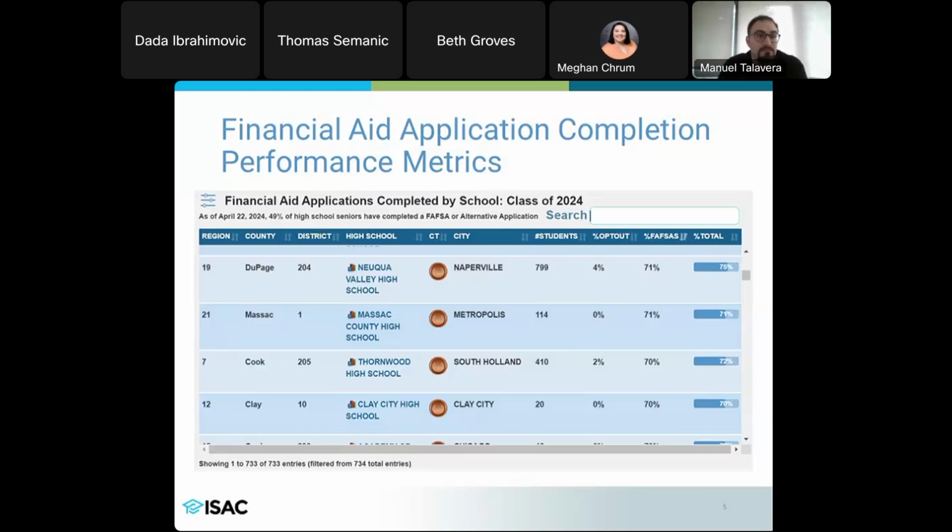Keep in mind here, this gets updated every week, but the information you see in the Gap Access portal gets updated daily. So say you had a FAFSA completion workshop on a Wednesday, this is not going to get updated on our website until Monday, right? So just expect a few days for that to really reflect on your website.